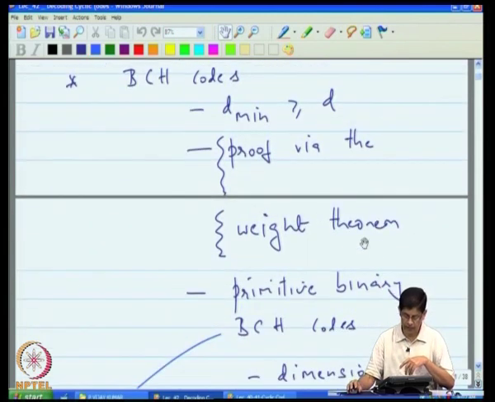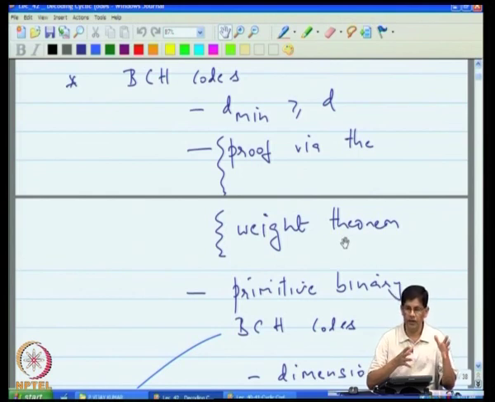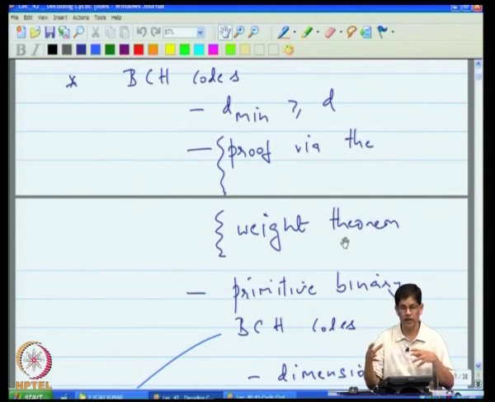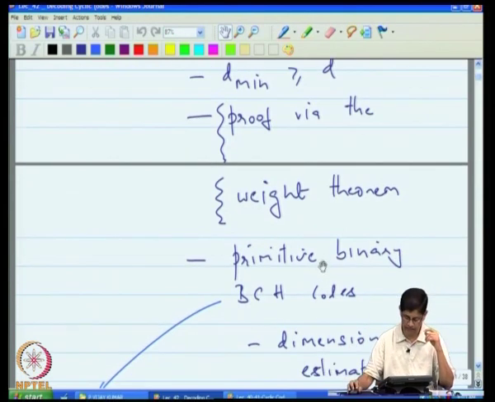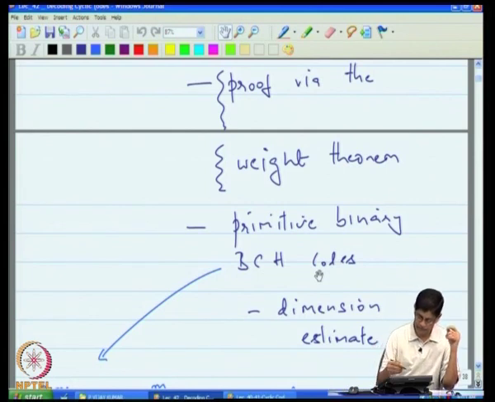And the proof is via a theorem which we call the weight theorem, which said that if you have a vector with a certain Hamming weight in the time domain, then that translates in the frequency domain to a linear recursion relationship amongst the transform coefficients, where the degree of the linear recursion is equal to the Hamming weight. So if w was the weight, then the degree of the linear recursion would be w. Then after that,